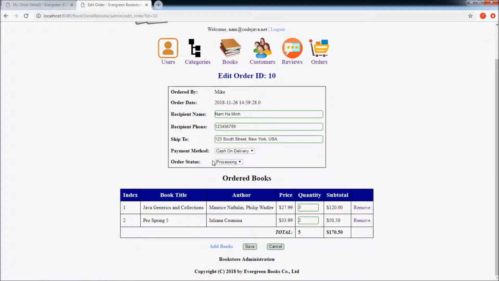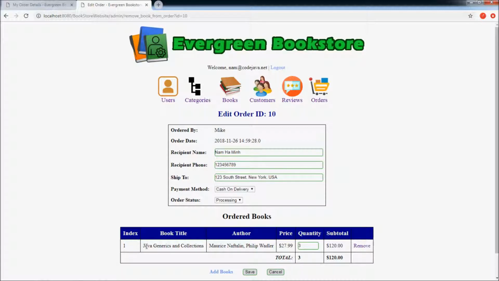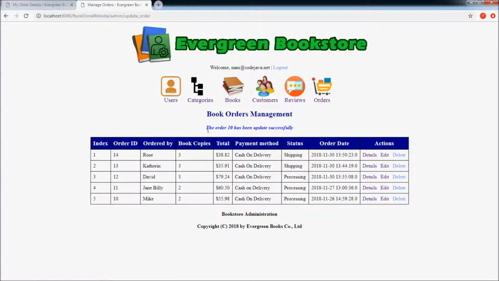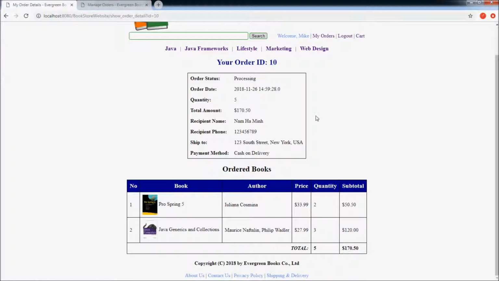Customer Mike. Change the order status to, for example, delivered, and remove the book Pro Spring 5, and change the quantity of the book Java Zenrix and Collection to 2 copies. Okay, and click save. And you see the order ID 10 has been updated successfully,